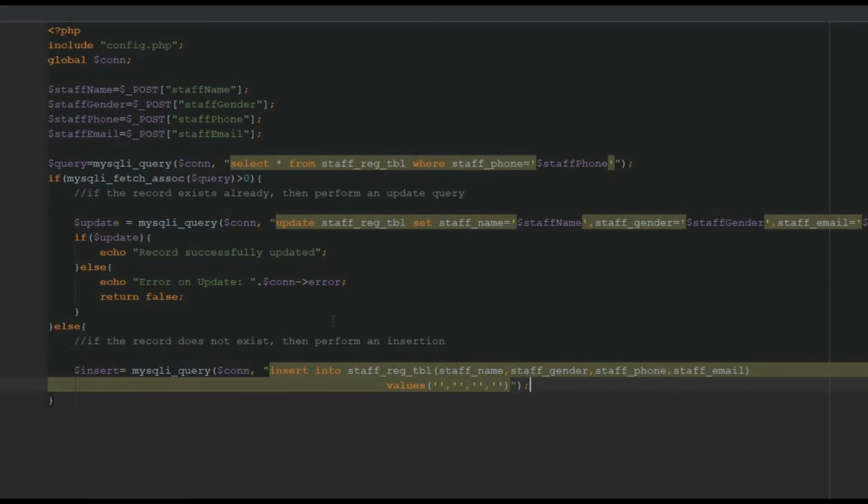The first variable is staff name, so I'll copy the staff name here. The second one is staff gender. I'll copy it here. The third one is phone number. I'll copy it here. Then the last one is email. I'll copy it here. Then I'll save. When I save, I'll come to test it and see if it goes through